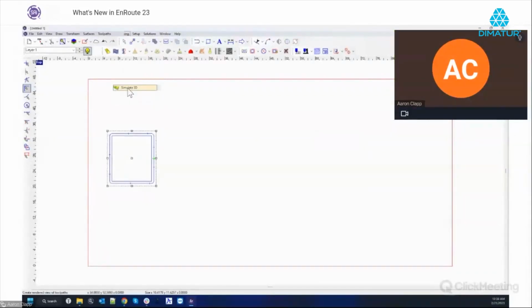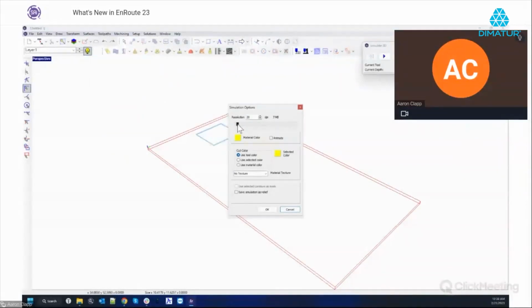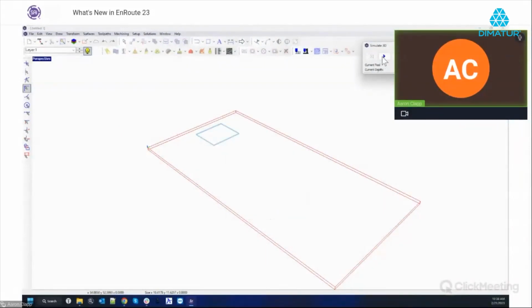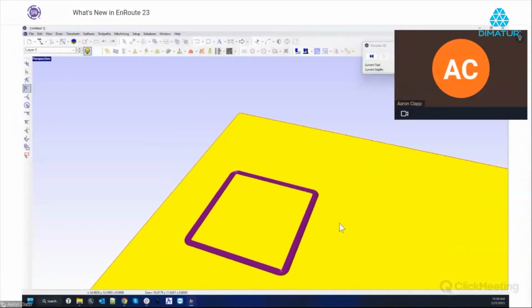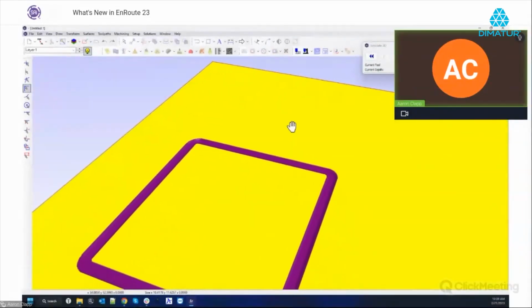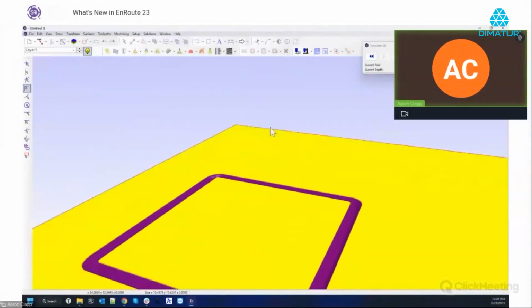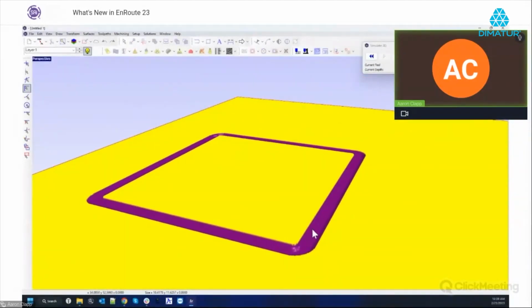And now when we go into our 3D simulate, zoom in here. It might be a little bit hard to see, but the idea here is that we can now preview any of these custom tools that we've created. Whereas before, you just set them up as an end mill, and then you kind of just had to hope it would work. Now you can create the custom tool in EnRoute, and you can preview the custom tool inside